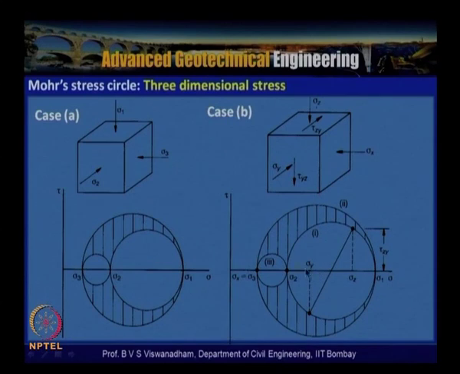In case B, we have normal stresses and at least 2 faces having shear stresses. Then in that case we draw 3 Mohr circles here. This is Mohr circle 1, and the second and then the third one. First drawing this Mohr circle, and then knowing the major principal stress and the minor principal stress, sigma 2 and sigma 3, this is the third Mohr circle, and the second Mohr circle follows once we have this one, and that's the minimum stress.